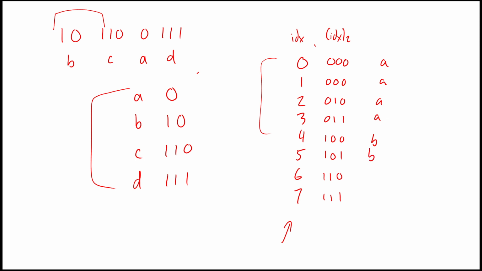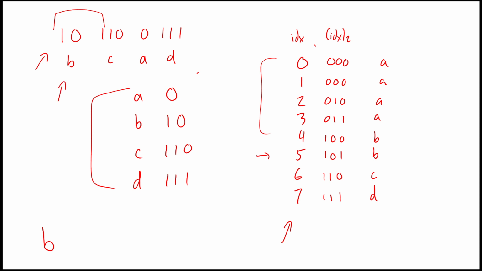And then index 6 maps to C. Index 7, I'm going to rewrite this to be aligned a little bit better. Index 7 maps to D. But I'm not done yet, because obviously if I were to hit a subsequence that begins with, let's do this one here, I pull in the 3 bits 101. I go to my table at index 101, which is 5, and sure enough, I see a B, which is